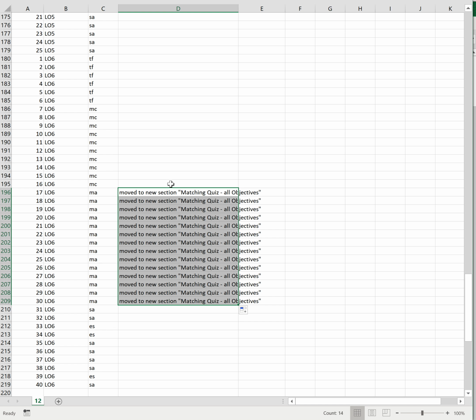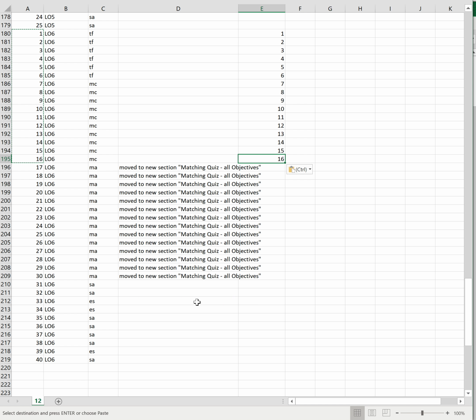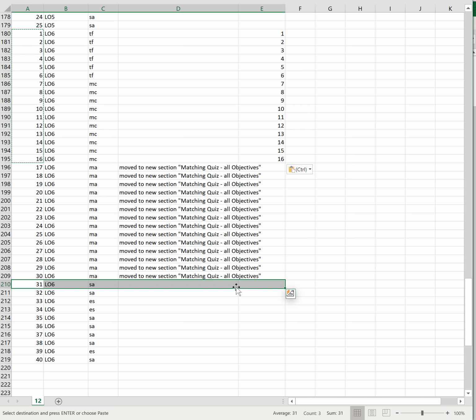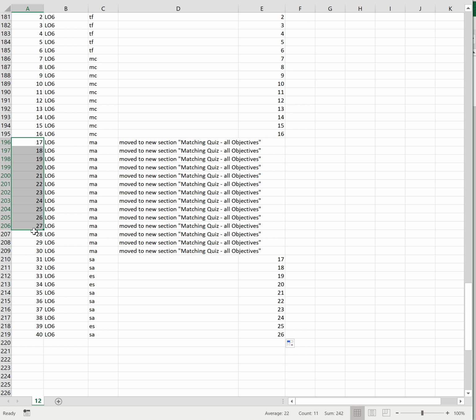Let's say that you didn't change anything else, so your question numbers haven't changed here, but you've moved all of these. So what was 31 is now going to be question 17. You see it goes from 16 to 17 because we've removed these. And then you would fill out the rest of these. And then this 17 to 30,